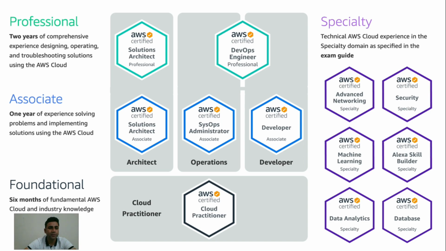The next level is called the professional level, which is equivalent to 2 years of comprehensive experience of designing, operating and troubleshooting solutions on AWS. In this there are 2 types of certifications. If you first opted for the architect side, then you have to go for Solutions Architect Professional, and if you went through the dev or ops side, then you will have to go for DevOps Engineer